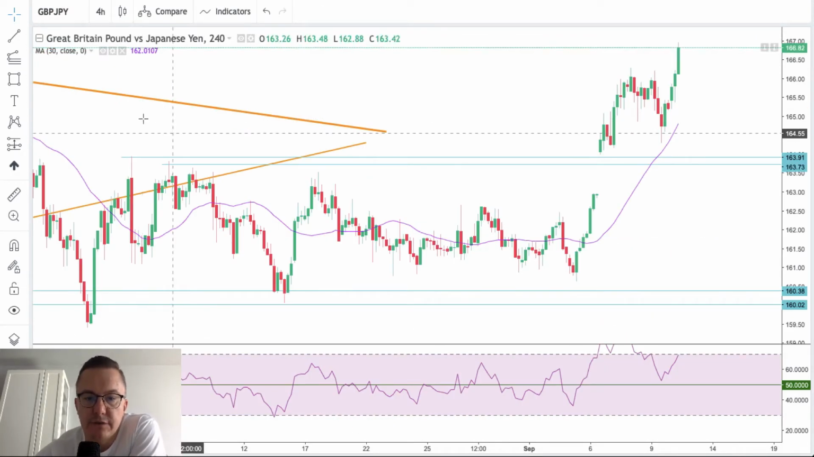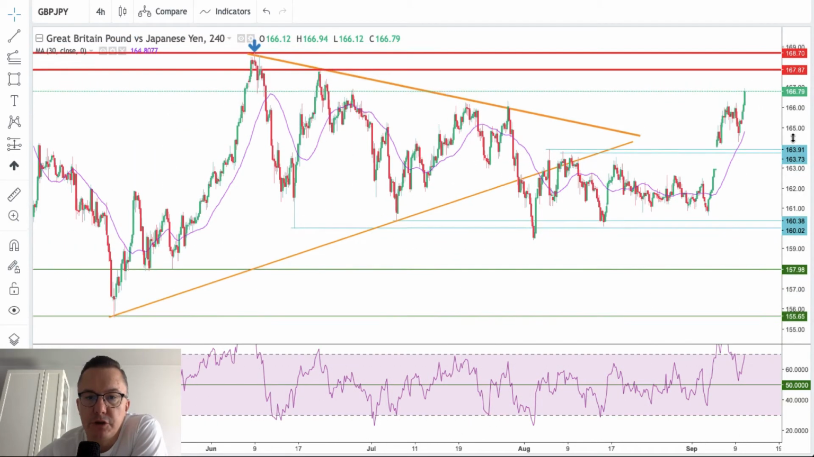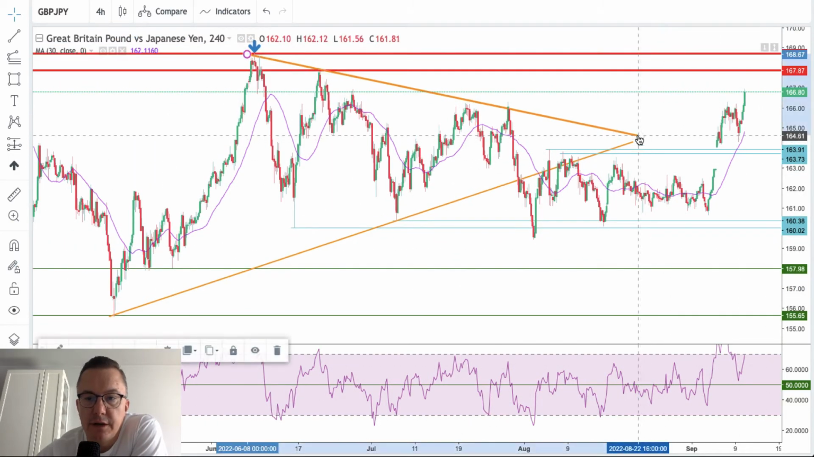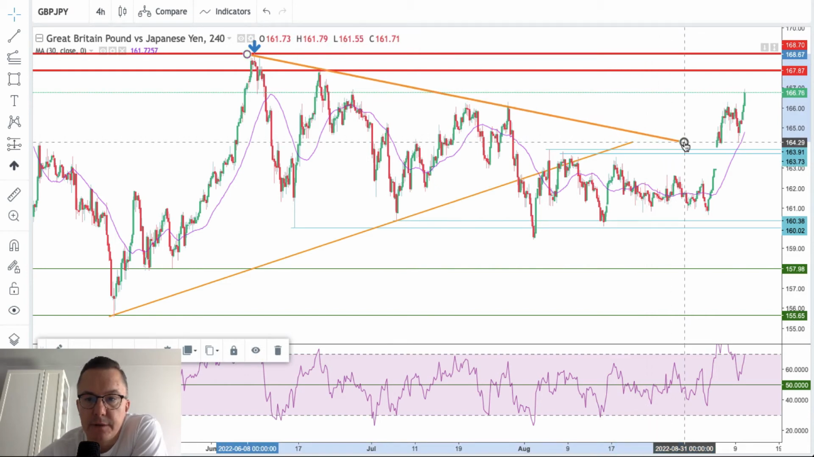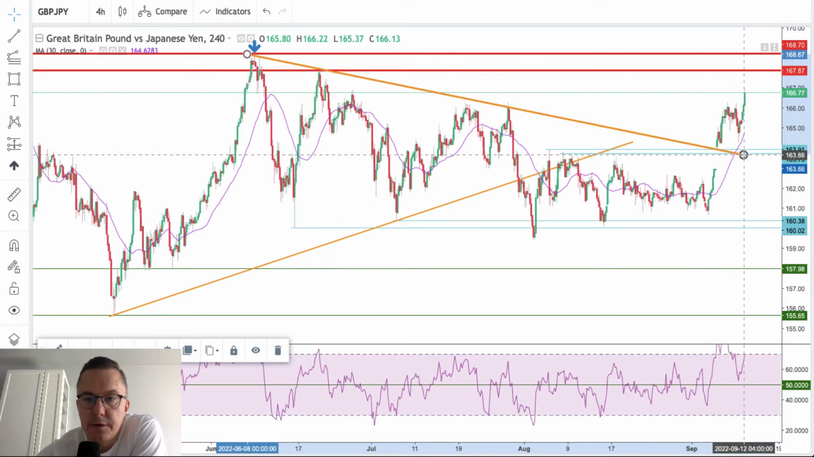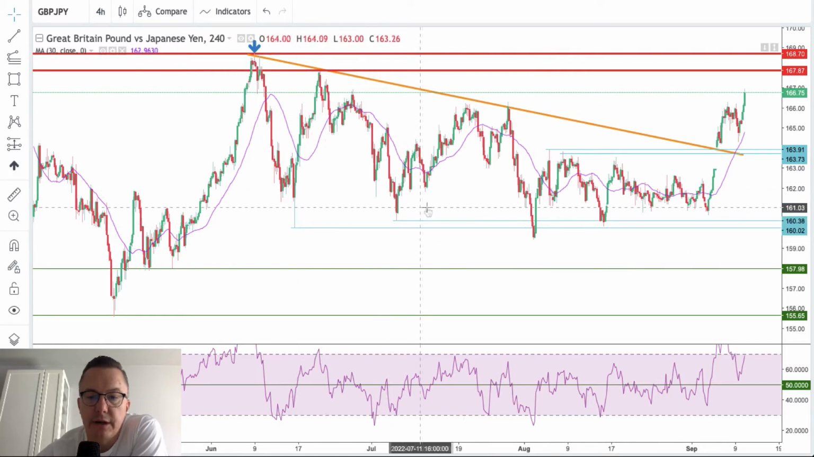The 4-hour chart of the British pound to Japanese yen is showing a very strong sign of a rally, and the bullish domination is very clear. So after this breakout below this supposed triangle that didn't actually work that well, because all of these lows here have still been maintained. Eventually the